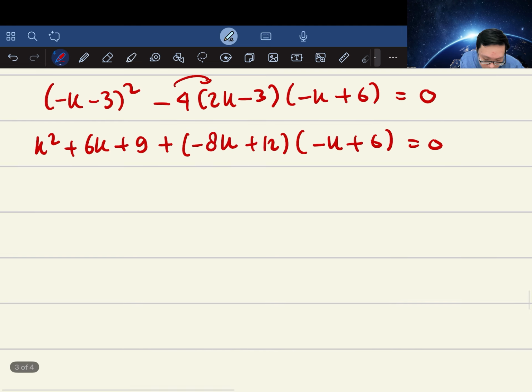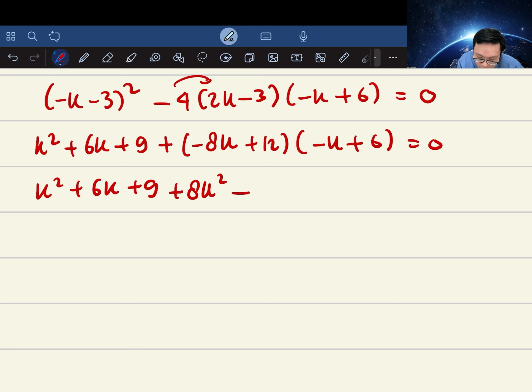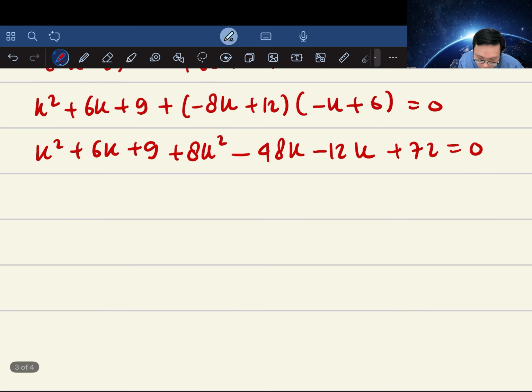And then we expand, becomes k squared plus 6k plus 9, and we have plus 8k squared, and we have minus 48k minus 12k plus 72 equals to 0. We have a lot of things here. We can simplify. This becomes 9k squared minus 48k minus 12k minus 60 plus 6 becomes minus 54k plus 81